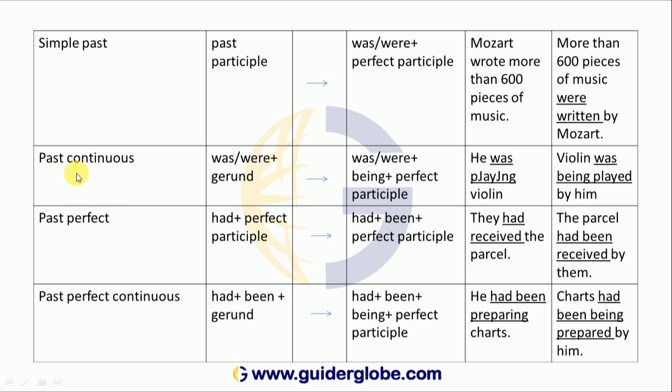Coming to past continuous. Okay, continuous. That is what I told you. Whenever continuous is coming, you have to use being. Perfect means been. Okay, continuous. Just now we spoke, that is continuous, that is being used. Here in passive voice you use been. Perfect continuous, use been plus being. That's all. Being plus being you have to use. Past continuous. He was playing.